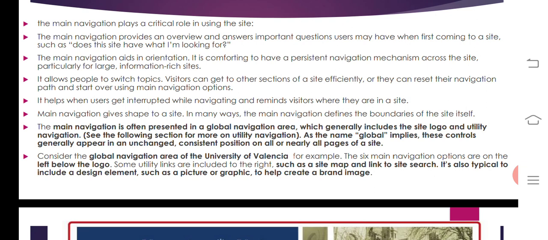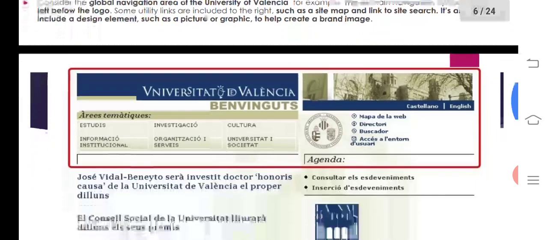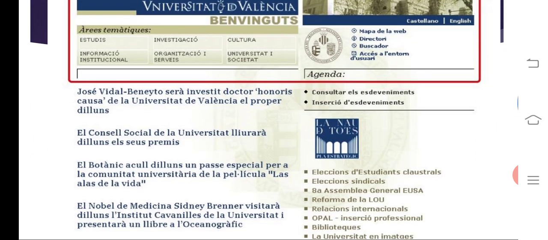For example, a map and a link to site search, and it also typically includes a design element such as a picture and graphics to help create a brand image. In this website, on the left side some information is there: Council, Social, University.